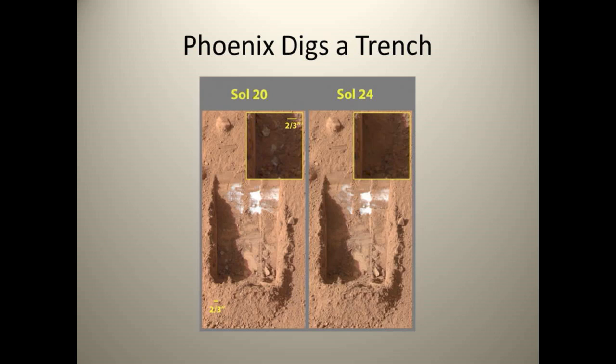Here is one of those experiments where we dug into the surface with the Phoenix lander. It has an arm and a shovel that could remove material from the substrate and soils. And what it uncovered was here on Sol 20: we chipped away at this white material and formed a number of white chips, which are down here in this larger image. But then several days later, those chips disappeared. And so those had to have sublimated away, and that is exactly what we expect from ice.